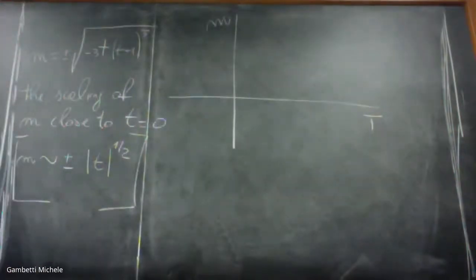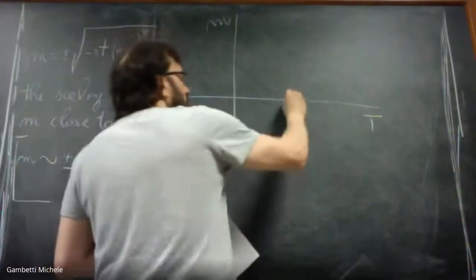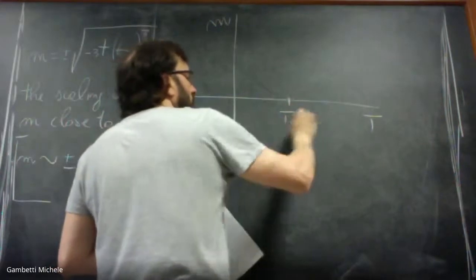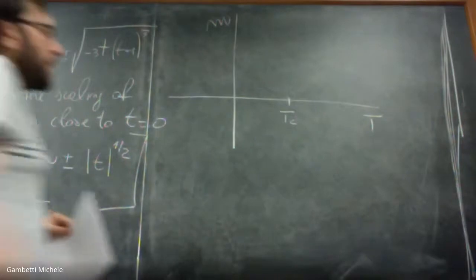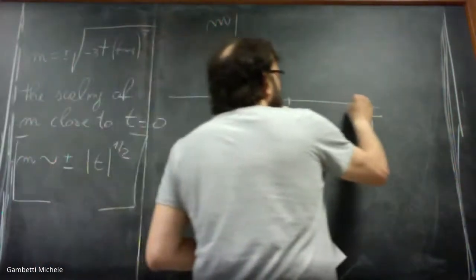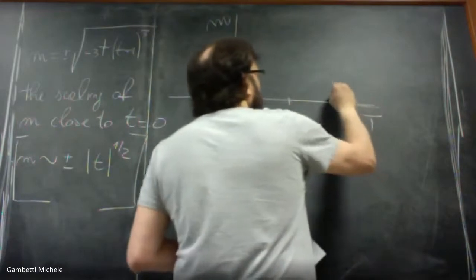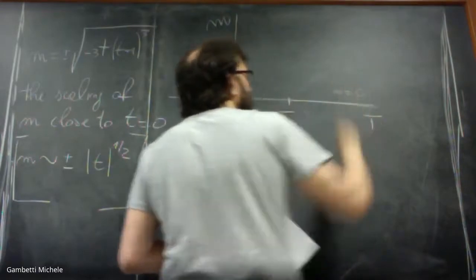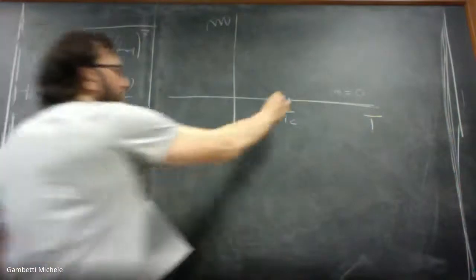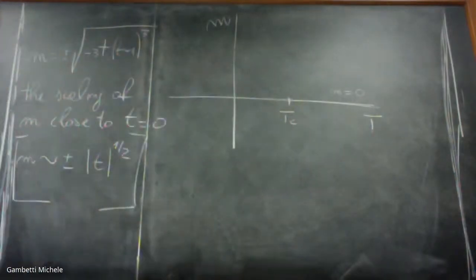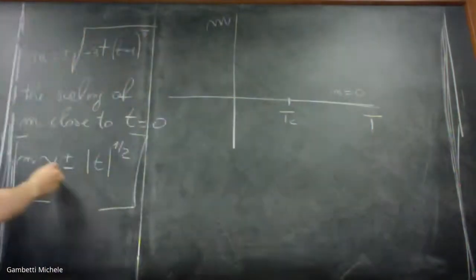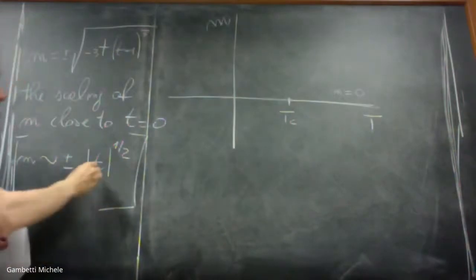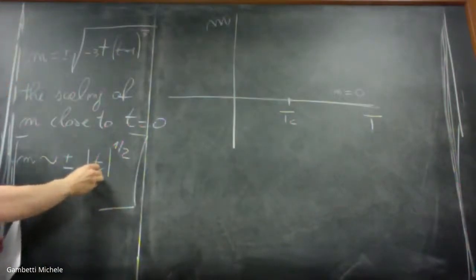So what happens is that I have at some point a critical temperature, Tc, which is epsilon Q divided by Kb, and above this temperature, M is identically 0, whereas below the critical temperature I find these two non-trivial solutions, and in particular close to the critical point we have used this expansion,